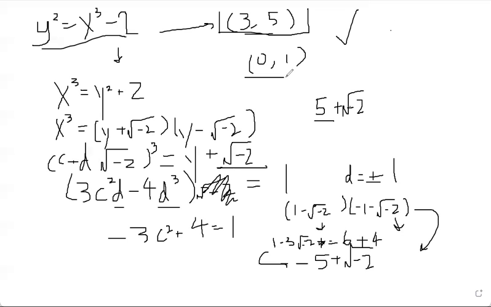The first one, this was the only solution. Second one, this is the only solution. Now let's see something that doesn't have just one solution, right? Something that has two solutions. We're not going to go too far off. Our next example is going to be y squared equals x cubed